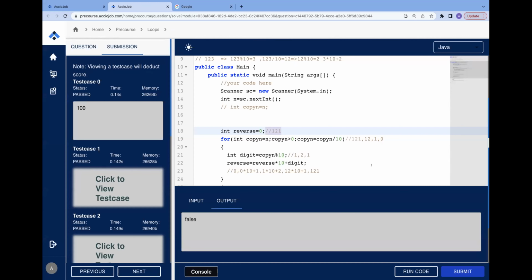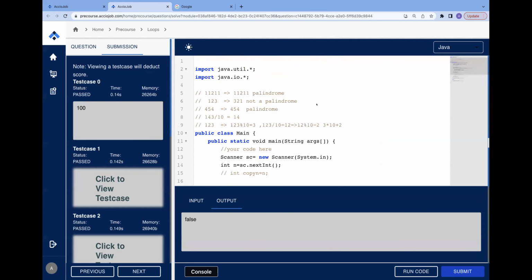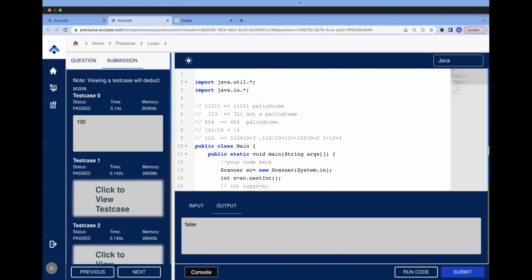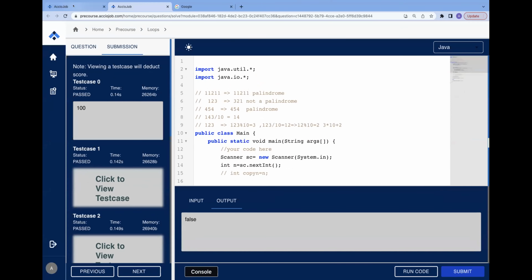All right, I don't see any more doubts. So yeah, that's pretty much it from my side, guys. So we'll take up the